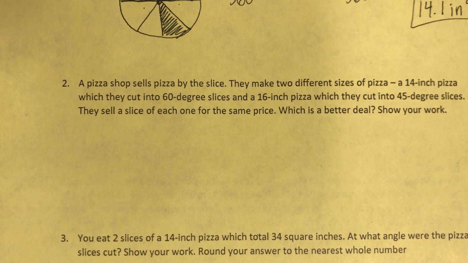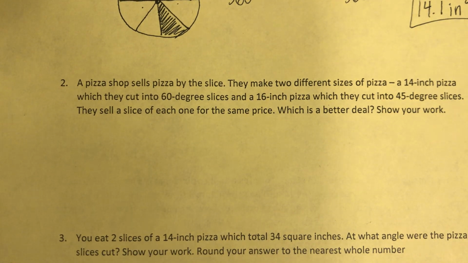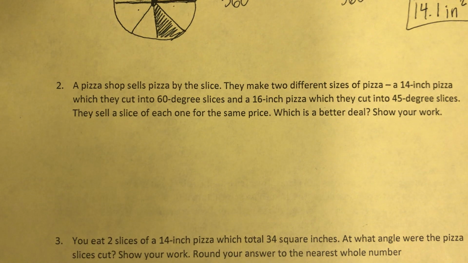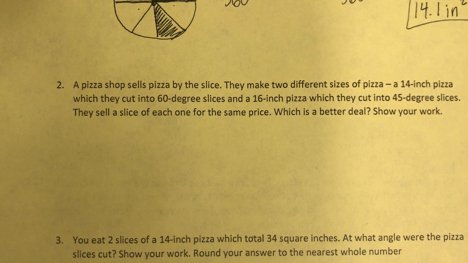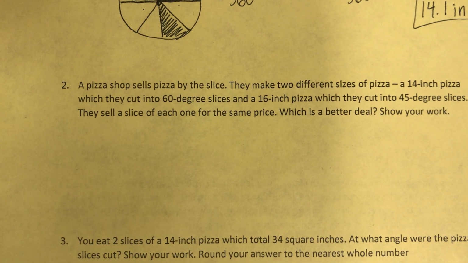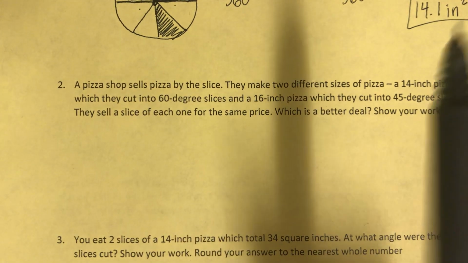They make 2 different sizes of pizza, a 14-inch pizza, which they cut into 60-degree slices, and a 16-inch pizza, which they cut into 45-degree slices. They sell a slice of each one for the same price. Which is a better deal? Show your work. So the key phrase is which is a better deal,